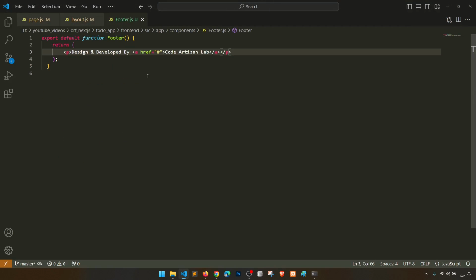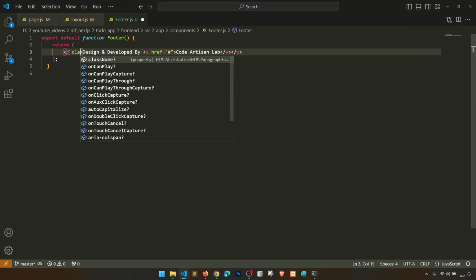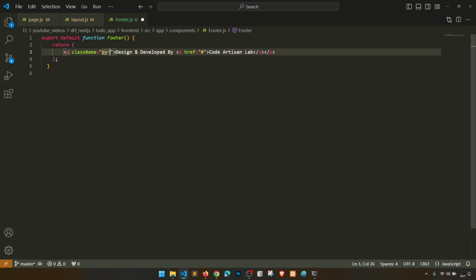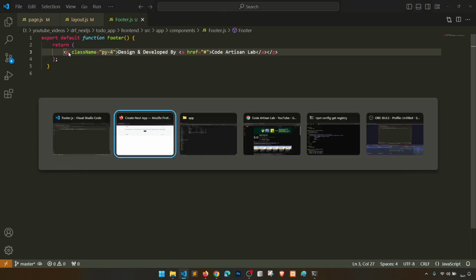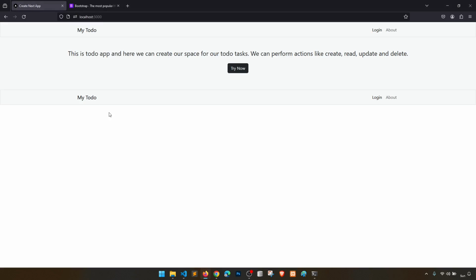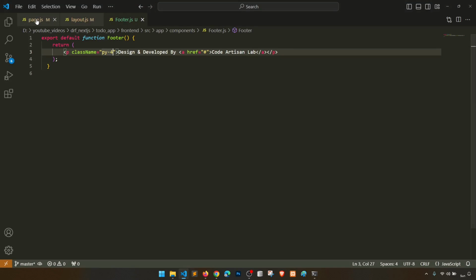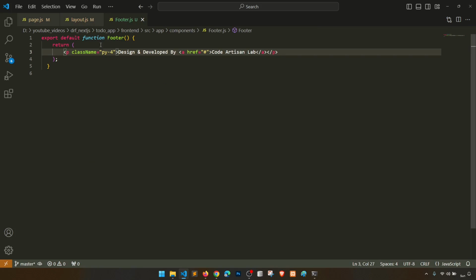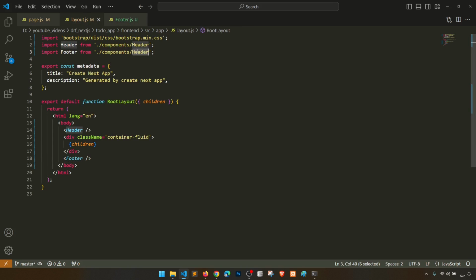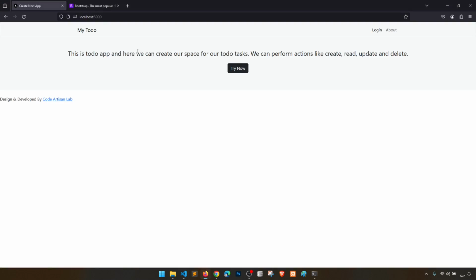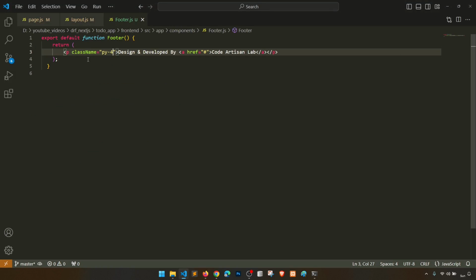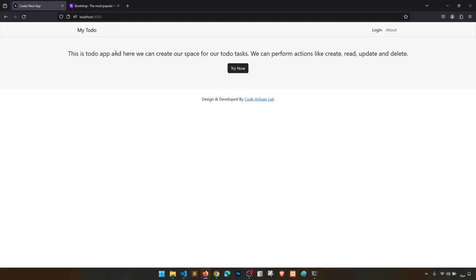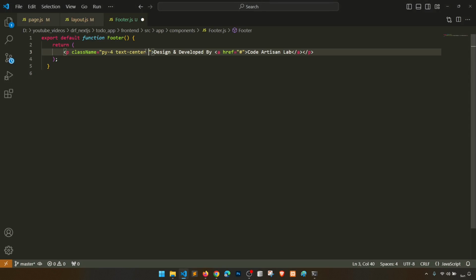Give some padding, horizontal, vertical 4, right? And where is that layout? Footer, export default footer, oh sorry, right? And then we have this text center, correct, design and developed by Artisan lab, and let's give bg